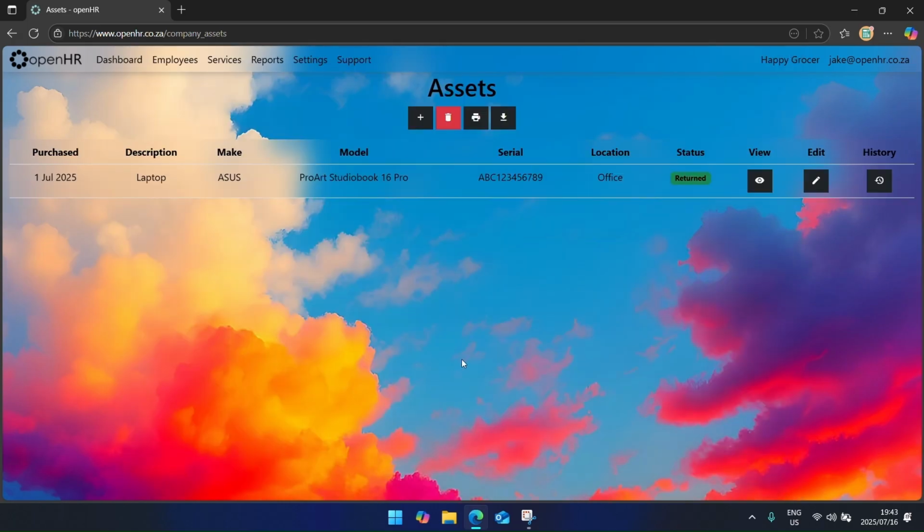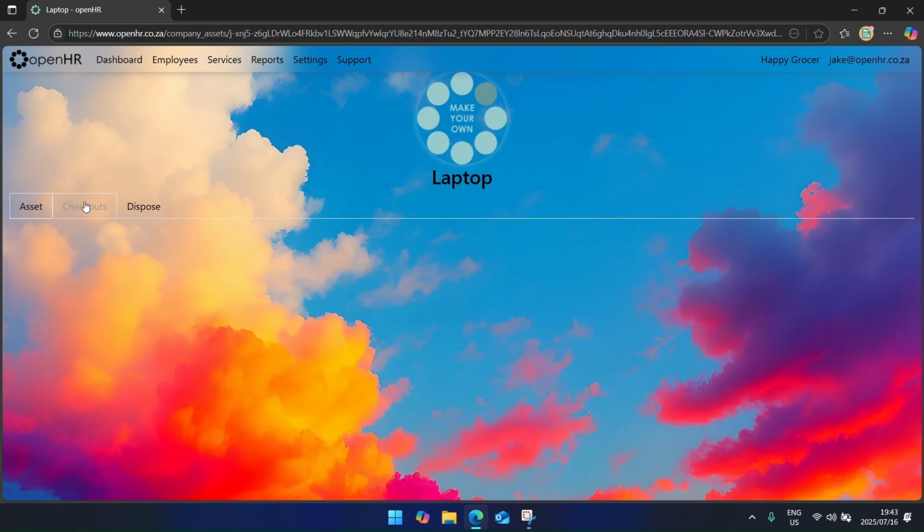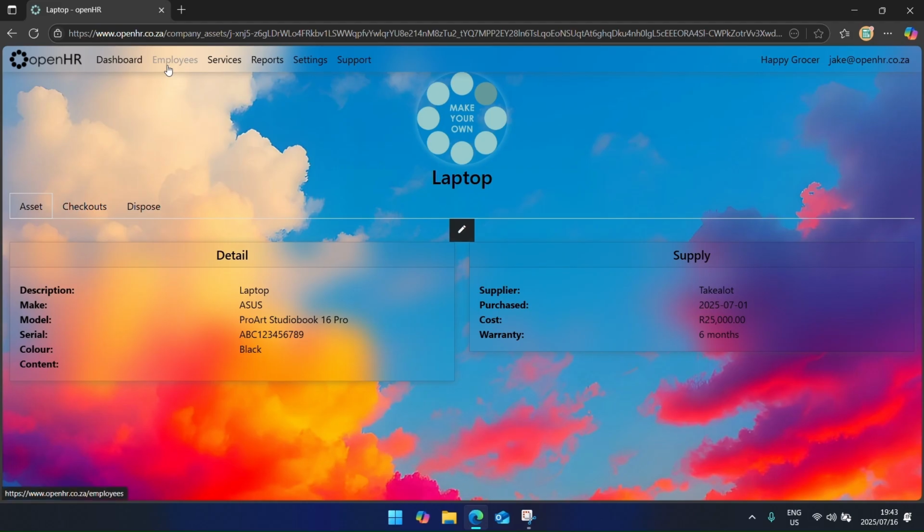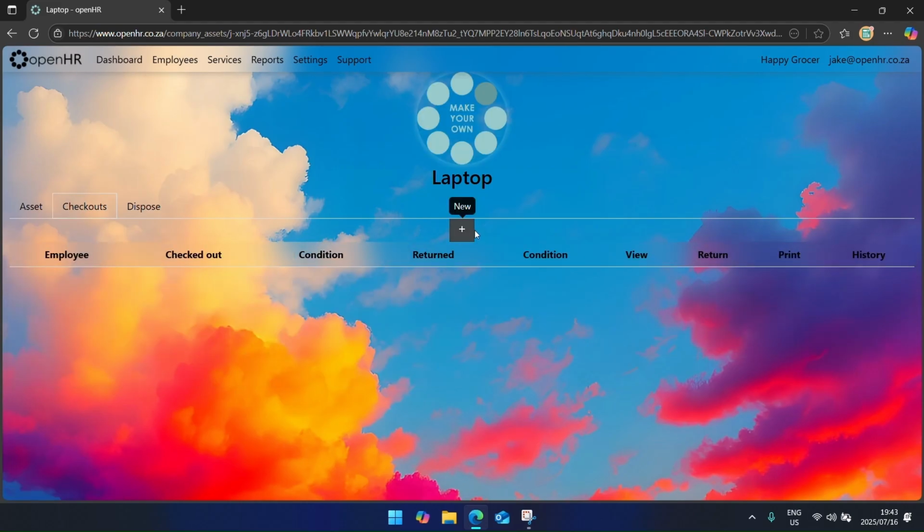Once we click on Save, we will be able to view the asset, which gives us 3 tabs. One for the asset information, one to see checkouts and returns, and create new checkouts, and the last one to dispose of the asset. You have 2 ways you can check out an asset. One from the asset profile, by clicking on New at the top under the Checkouts tab,